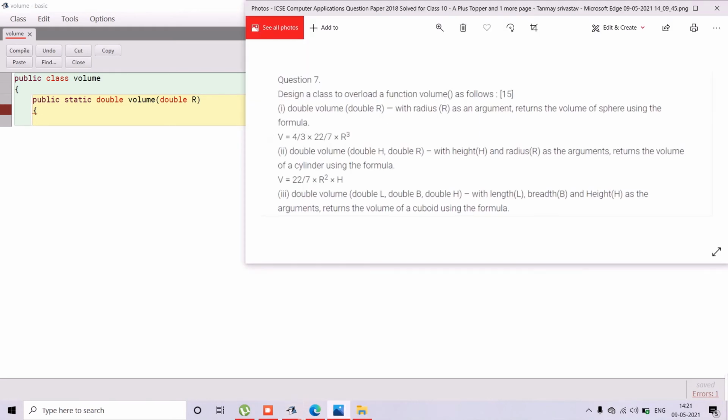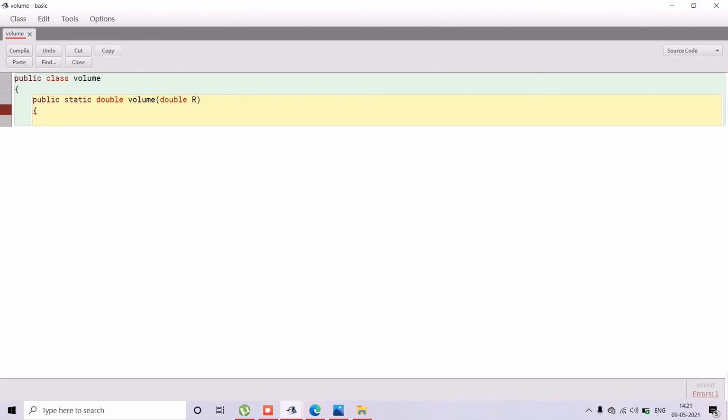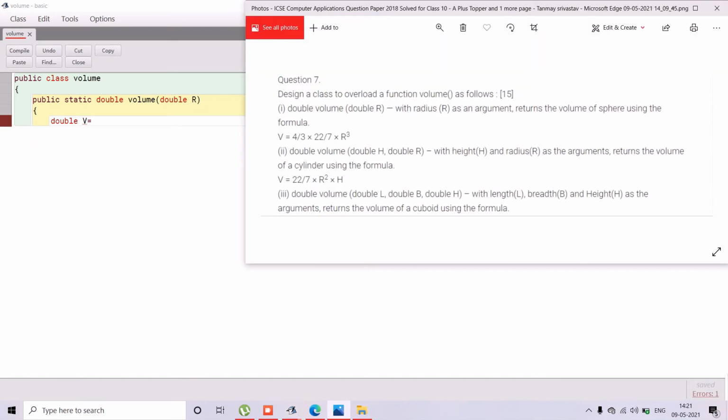Then we have to return the volume of the sphere using the formula. It can come in decimal also. If we put a radius of 3.2 or 3.4, then the answer will be in decimal only. So for decimal, I have told you, we should use double. We can assign a variable, I will take v, so you should use v. Then what is the formula? You should write 4 by 3 into 22 by 7 into r to the power 3.